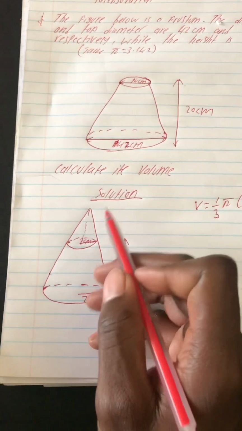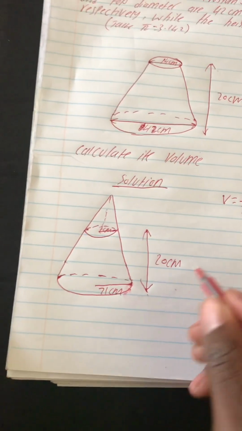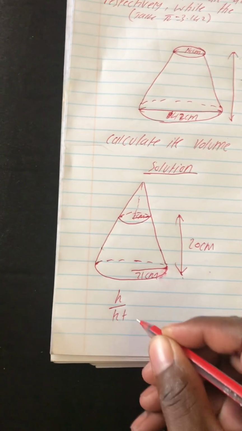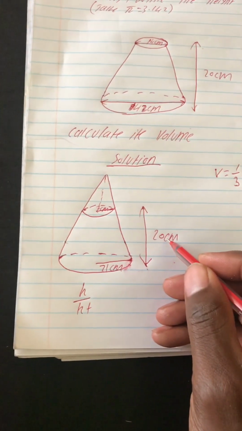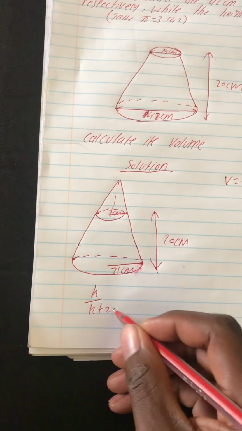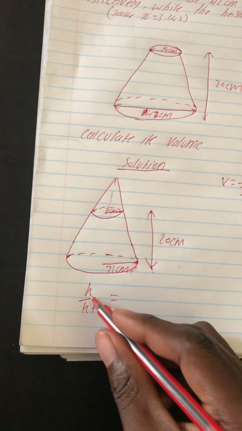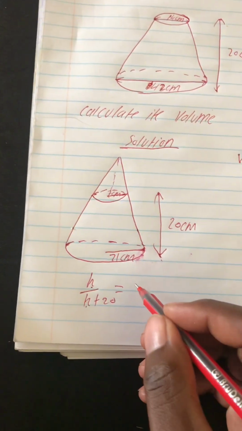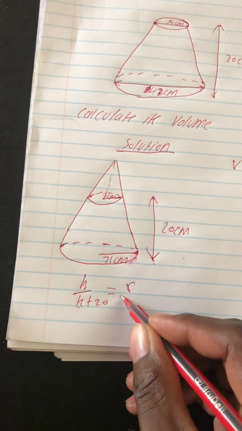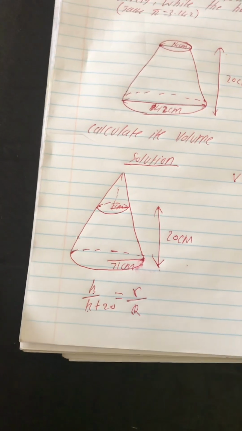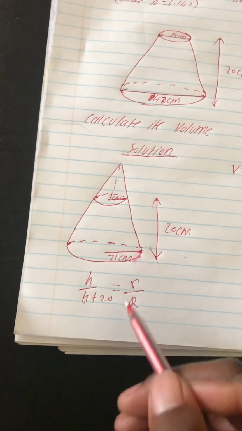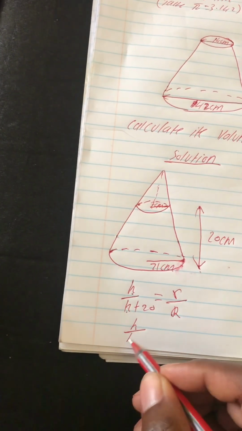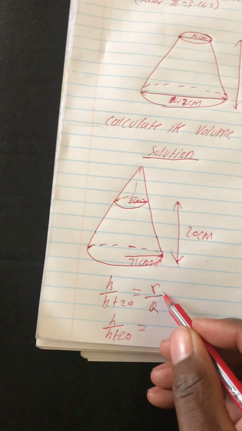To find the height of the small cone, we have this formula: height over height plus 20 equals small radius over big radius. We're going to write h over h plus 20 equals,